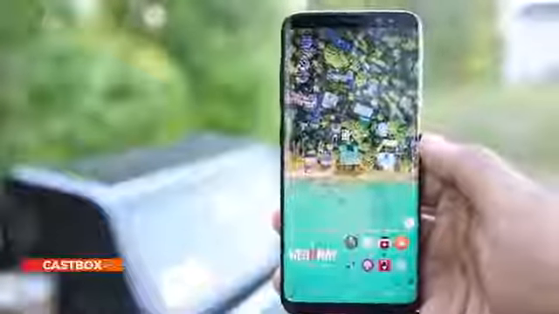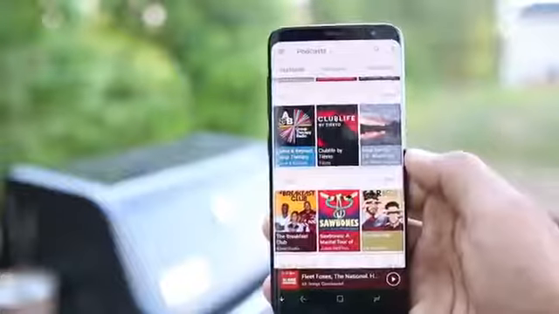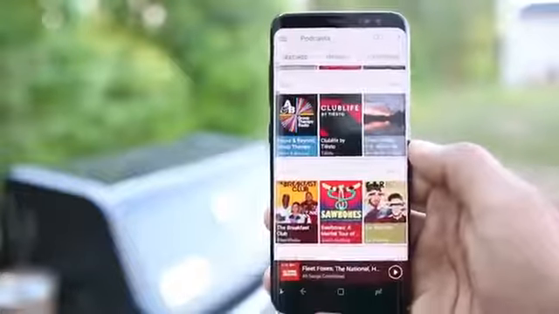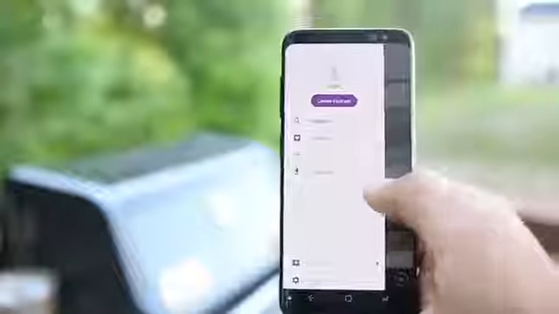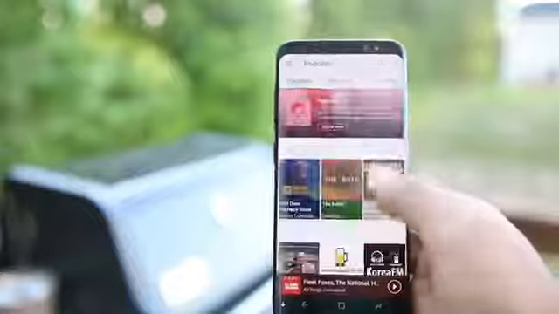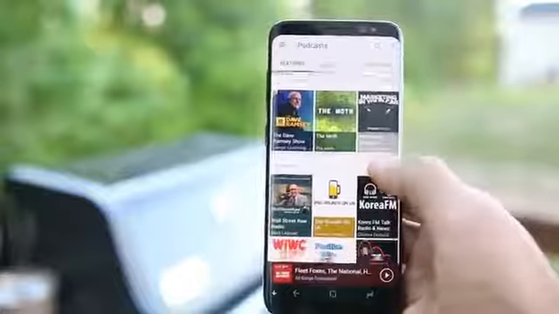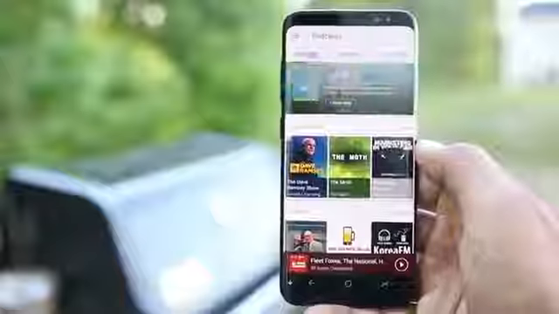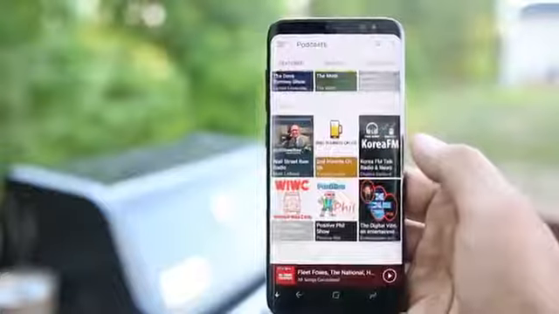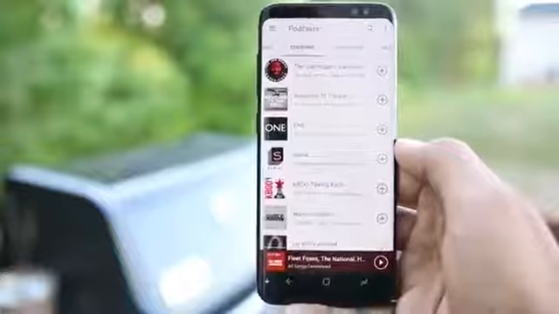Next up is Castbox. It's an all-in-one app for audiobooks, FM music, radio and podcast, all for free. If you are new to podcast, it will be a great new way to discover some podcasts that you will like. And for active listeners, here you might come across some new channels that you have never heard of. So here you'll have featured section which will recommend podcast with a description so that you can read about it before listening. Then there's trending section,